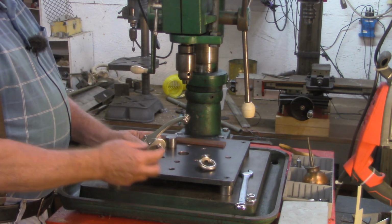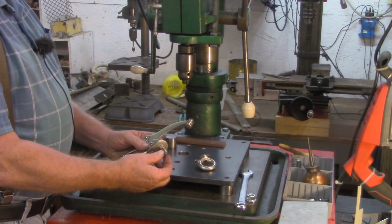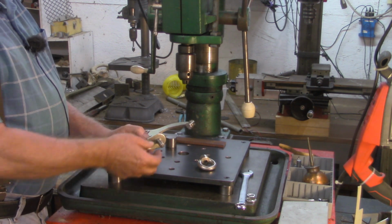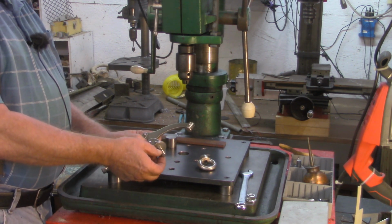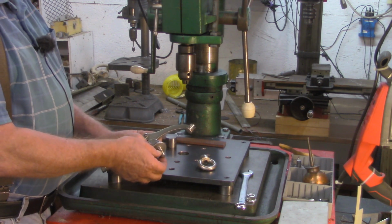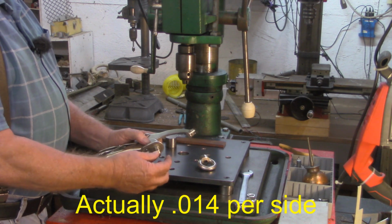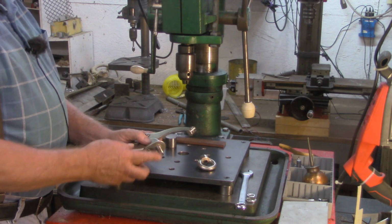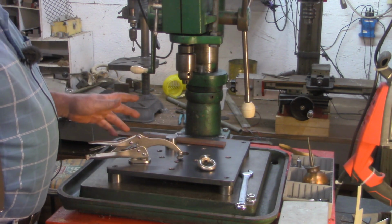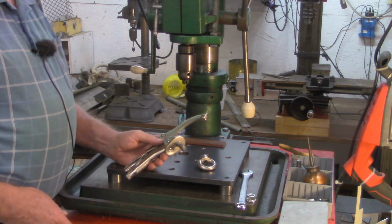I tried making a sleeve to go over this, but the difference between a 12 millimeter and a 1/2 inch hole only left, I'm guessing right now, probably 8 or 9 thousandths on each side. A real thin, almost razor blade thin shim that I put in there. And that worked, but I really wanted to keep this